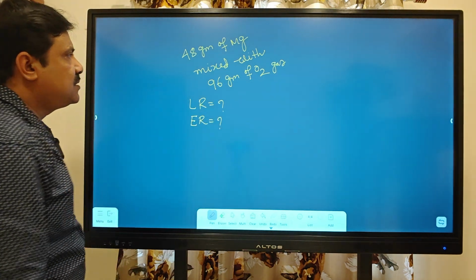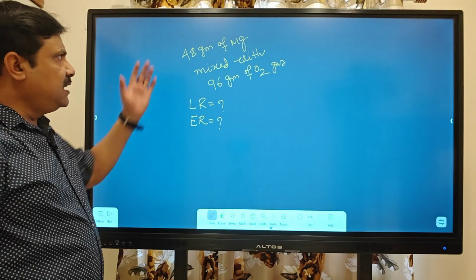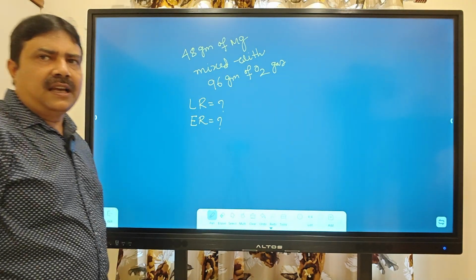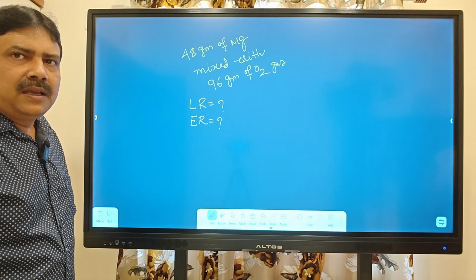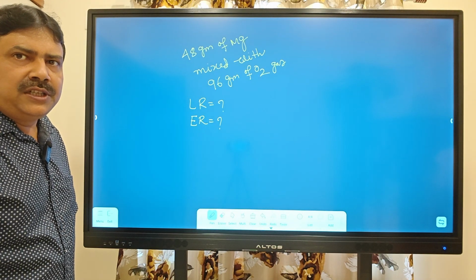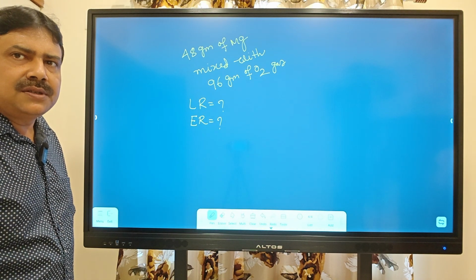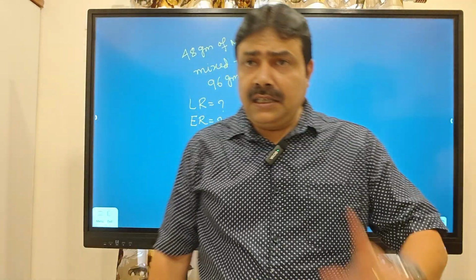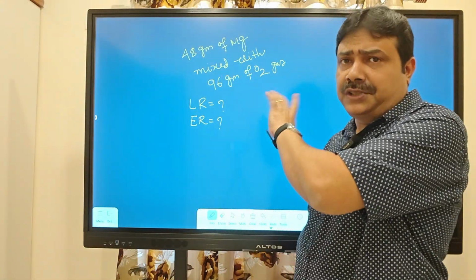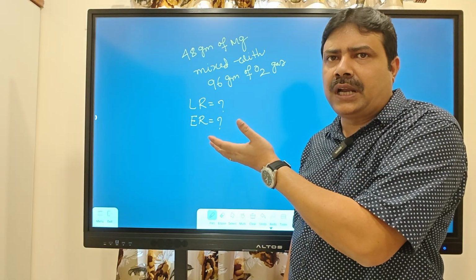That is the questions they ask over here. Then in terms of the mass they are giving, they are asking the problem: who is the LR and who is the ER. For that purpose also we need to first write down the balanced chemical equation. Yes or no? That means magnesium, when it reacts with oxygen, a little bit of heat is definitely required,